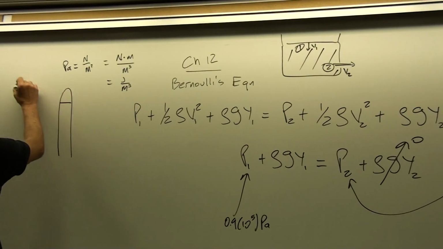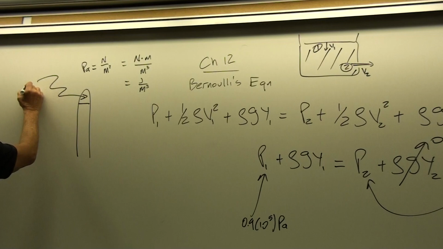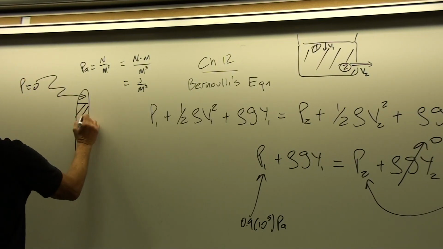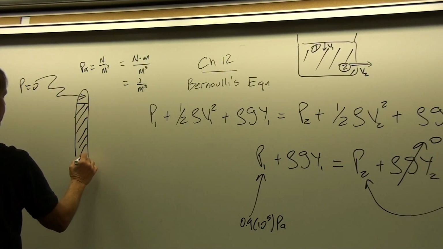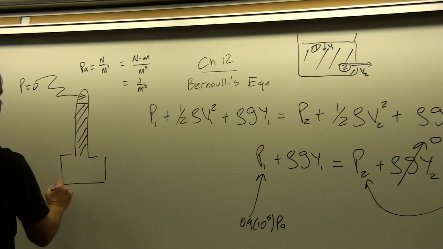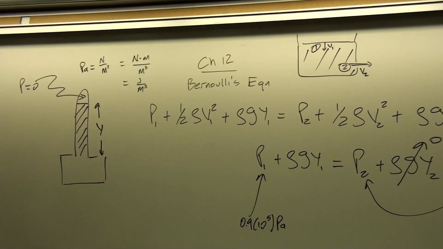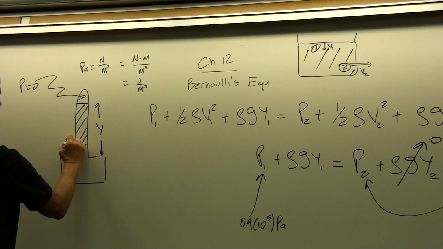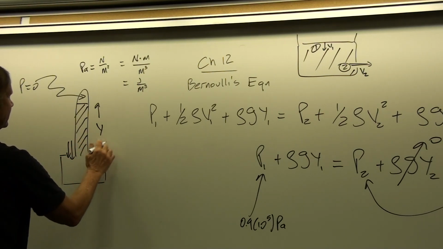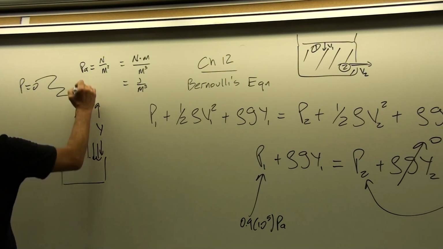So at the top of the barometer, you could have a pressure equals 0, and then the height of this barometer then could be a value y that could measure basically the amount of pressure that the atmosphere is pushing on this surface. Okay, so again, the atmosphere is pushing down like this on this surface,